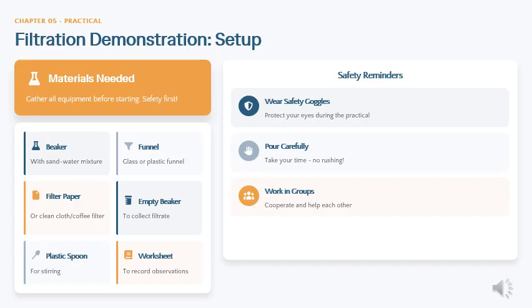It is very important. What we will be needing is a beaker, a funnel, filter paper, an empty beaker, a plastic spoon, and a worksheet to record all your observations. For the safety part, we will be wearing safety goggles to protect your eyes from any particles from the sand and water mixture.